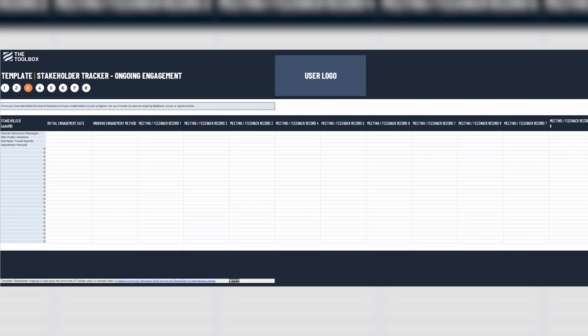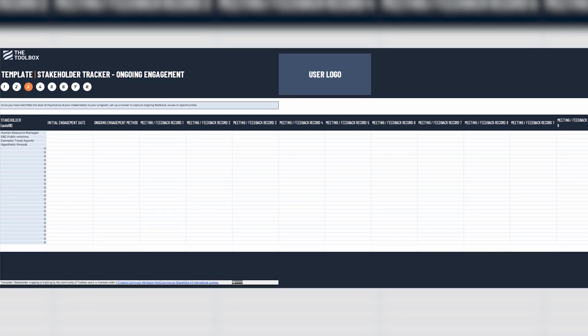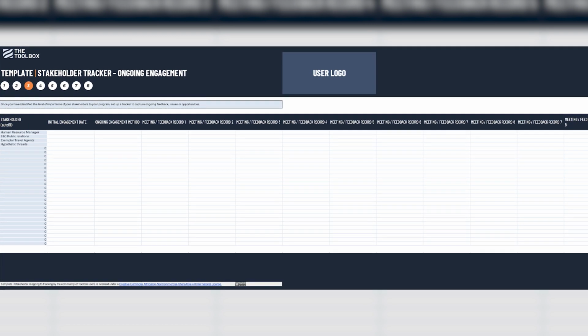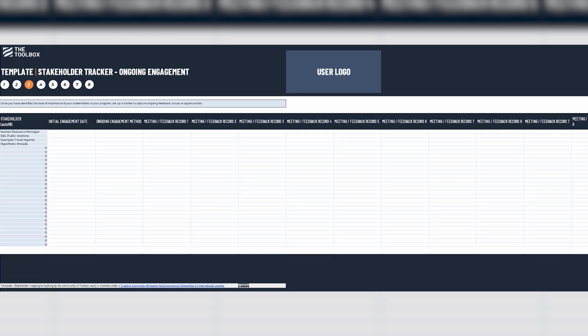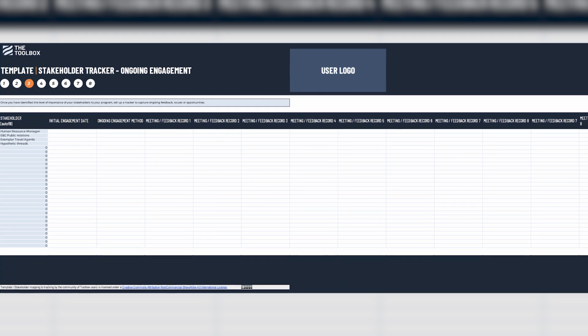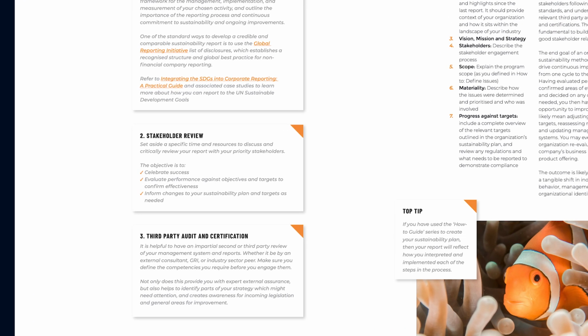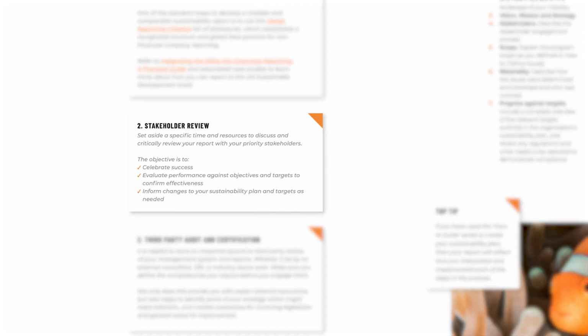It's also essential to refer to your stakeholder engagement process in each of the sections to demonstrate how your program has been developed specifically for your relevant stakeholder groups. Alternatively, as indicated in the how-to guide, you can make this a separate chapter on its own. Remember, this template is not the definitive way to write a sustainability report. Rather, you should take this template and tailor the specific parts bespoke to your organisation and the requirements that it